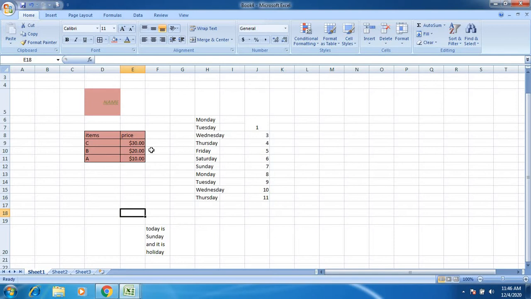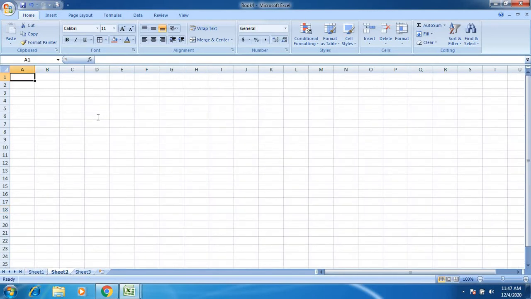Now we try to understand formulas, how to generate formulas in Excel. Suppose I take an example of the marks of the students.